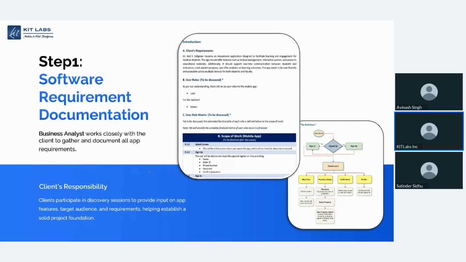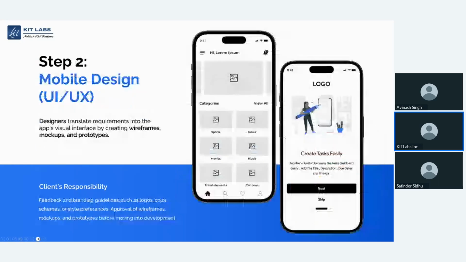As I said, the very first step is to gather requirements. These are the documents that we create. If you're working with any mobile app development company, these are the documents you will receive from a business analyst, with complete details of your mobile application, containing all the features and all the flow diagrams, how your app will work, and what your requirements are. Your responsibility as a client in this process is to have discovery sessions with the team to check that they understand your requirements. Once we have your requirements, we sign a contract, and then we proceed to the next step.